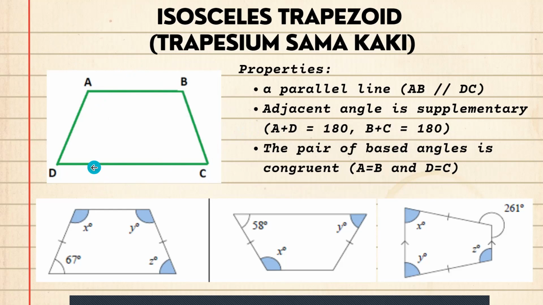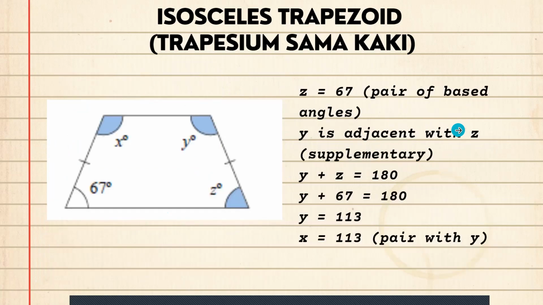For example, what is the base angle, Bu Christy? Base angles, for example, are A and B, and D and C. They are congruent. So if A is 100, B is also 100. If D is 60, C must be 60 without us calculating it. Now, let's solve the left questions below. If this one is 67, what is the value of Z?